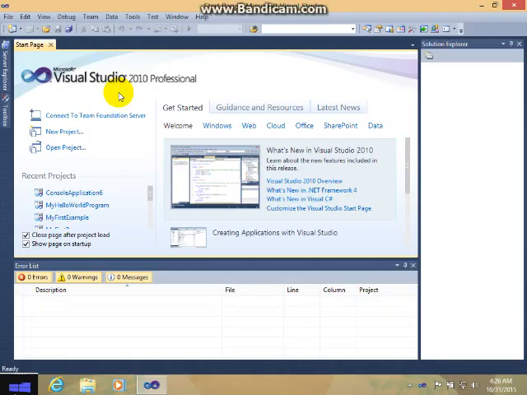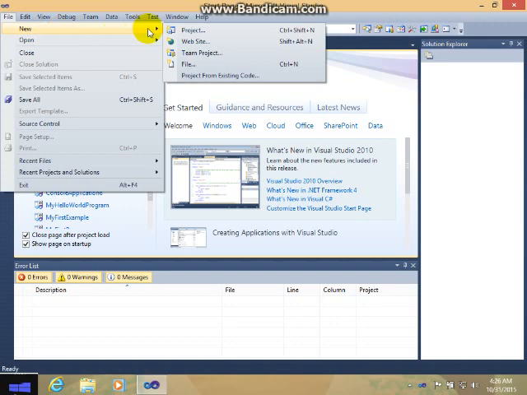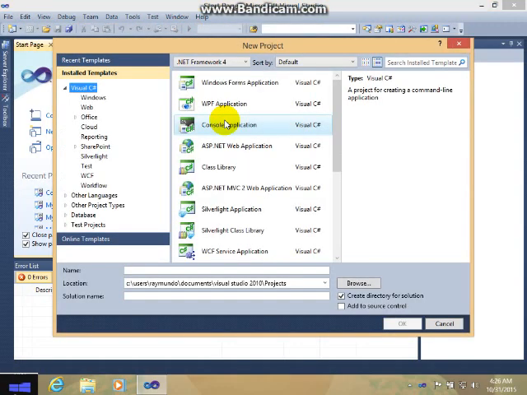Okay, once you open Microsoft Visual Studio, it will bring you here. The first thing you need to do is File, New Project. This will create your new project, and you can name it whatever you want.